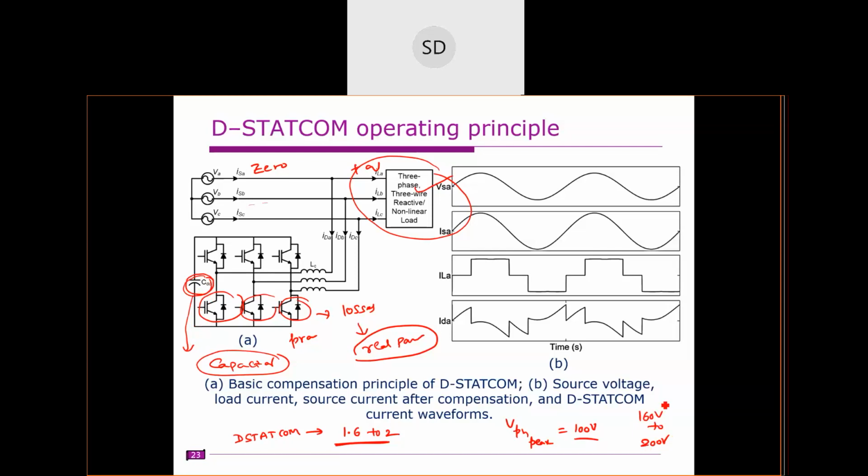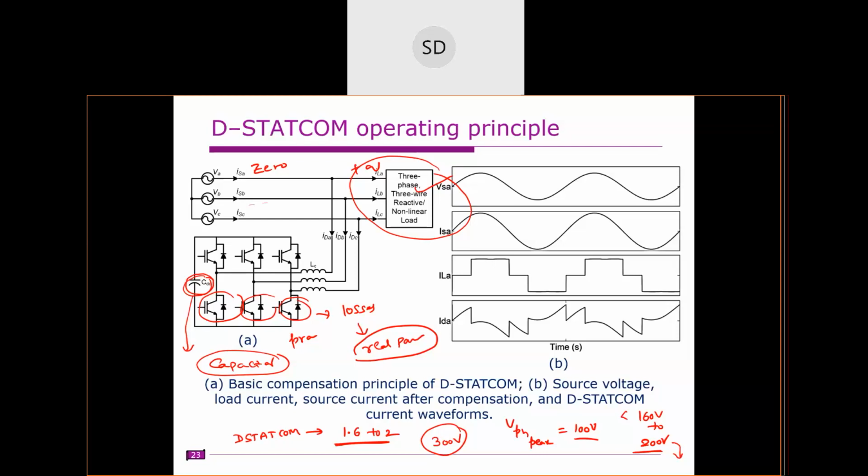Usually, if it is less than 160, we may not get appropriate compensation. If it is greater than 200, say you are increasing it and keeping 300, then 200 is usually sufficient, but you are keeping a higher value, which means it is drawing more current.